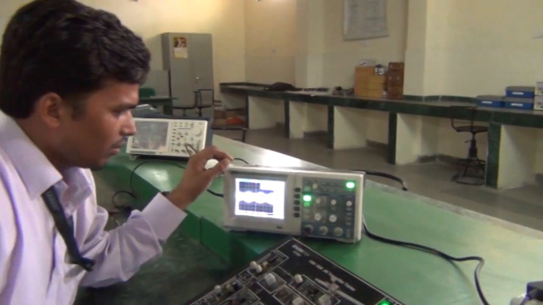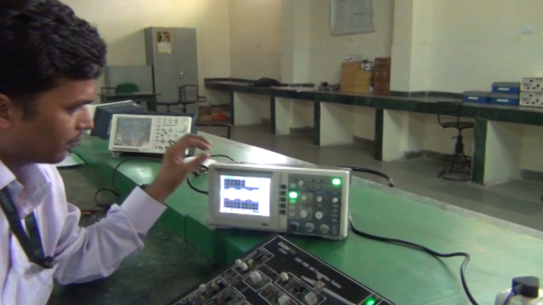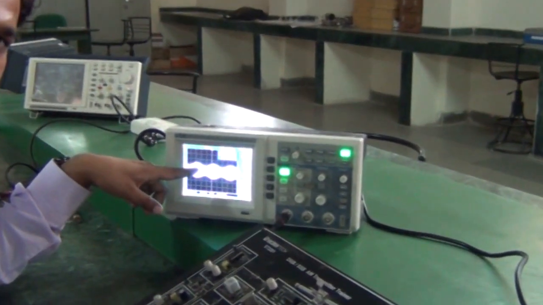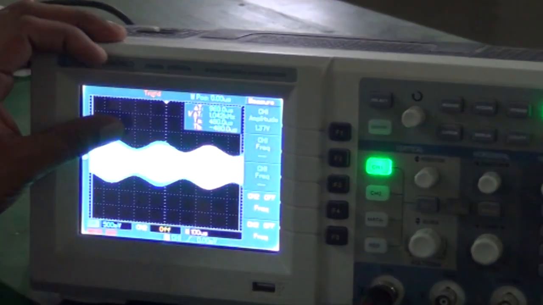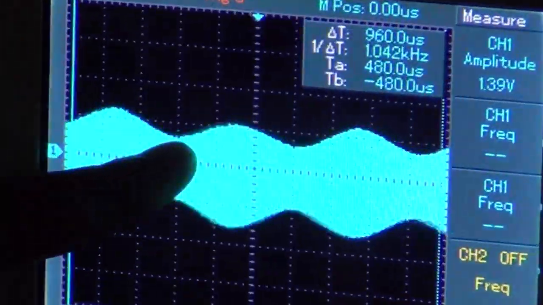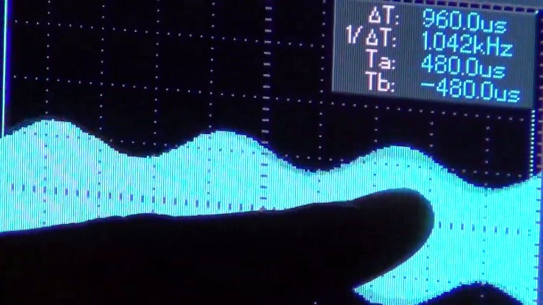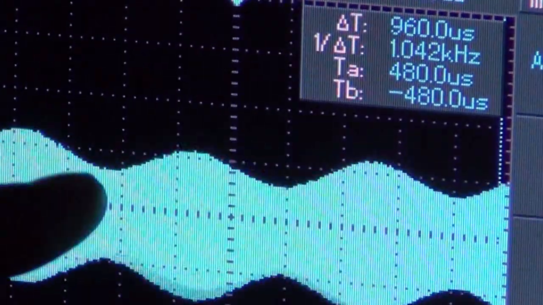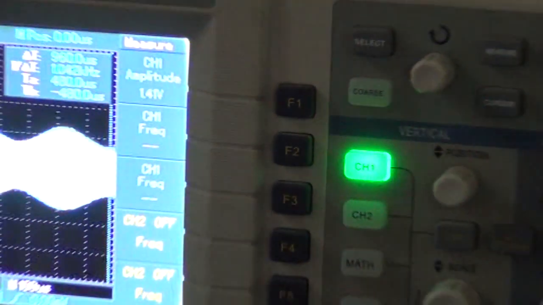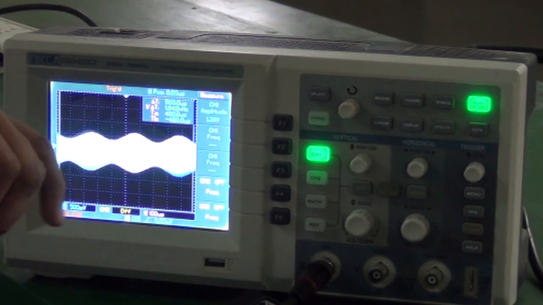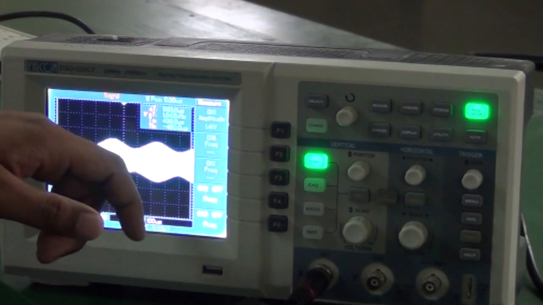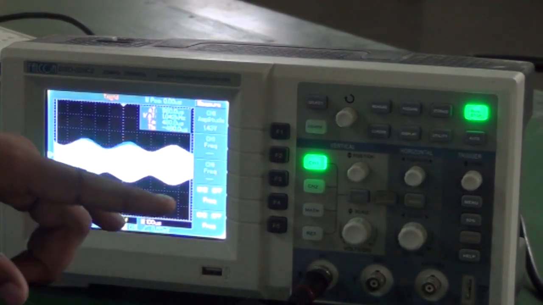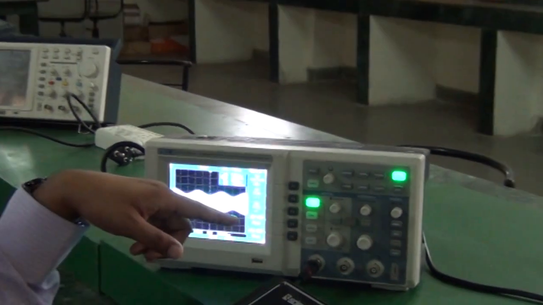Practically we can measure the same modulation index with the help of Vmax and Vmin. So this positive peak is Vmax, and whatever negative peak is seen in the envelope is Vmin. By reading these values of Vmax and Vmin, we can calculate the modulation index practically. And we need to compare this practical modulation index with the theoretical value and observe how the comparison varies.